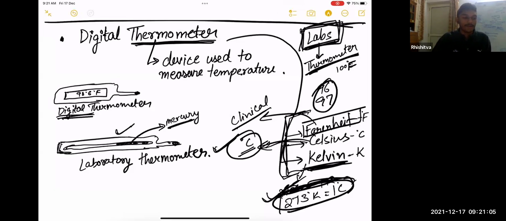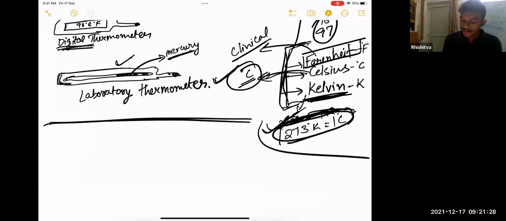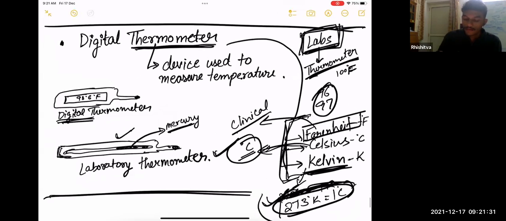So this was the basic that I wanted to clear before this. Any student having any doubt till now? Like what is the use of a thermometer or why we are using it? Because if this is clear, then we will proceed with creating the circuit. So any student having any doubt? Okay. So in today's class, you can take a screenshot if you want. There is nothing so much written over here. You can just put a yes in the chat box if you have taken the screenshot, so that later on you can revise it. Okay, yes, great.